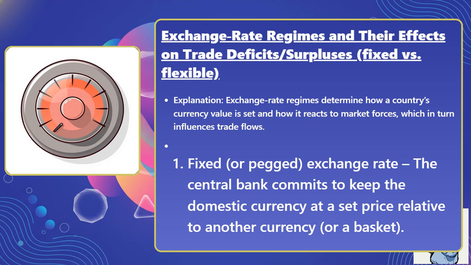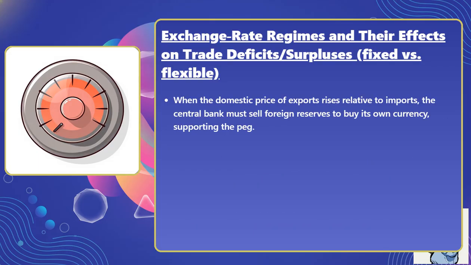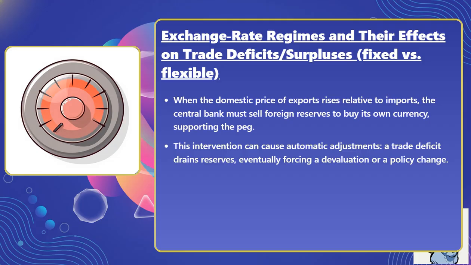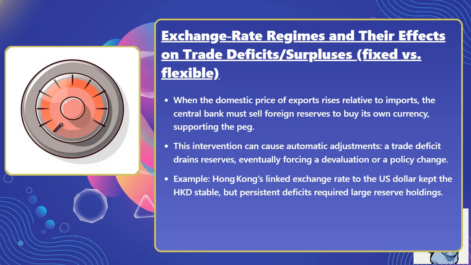1. Fixed or pegged exchange rate. The central bank commits to keep the domestic currency at a set price relative to another currency or a basket. When the domestic price of exports rises relative to imports, the central bank must sell foreign reserves to buy its own currency, supporting the peg. This intervention can cause automatic adjustments. A trade deficit drains reserves, eventually forcing a devaluation or a policy change. Example: Hong Kong's linked exchange rate to the US dollar kept the Hong Kong dollar stable, but persistent deficits required